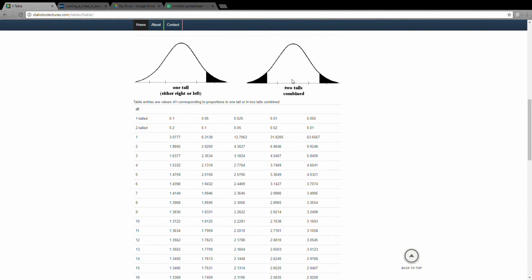So you guys are going to be most often looking at two-tailed tests right here. So we're going to use this row right here when we're looking at p-values. So let's do a quick review on p-values. So remember that the